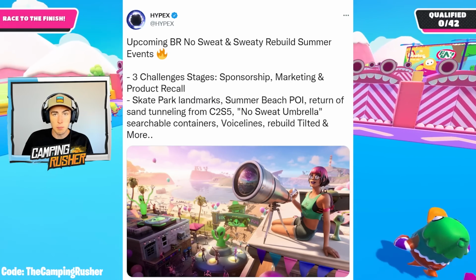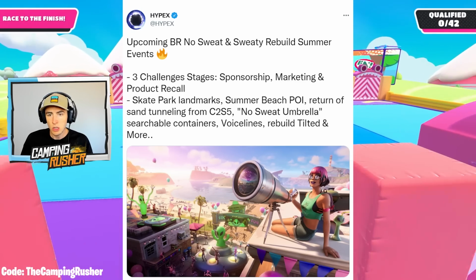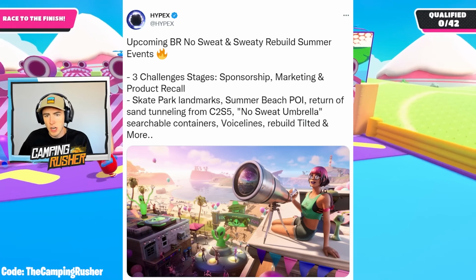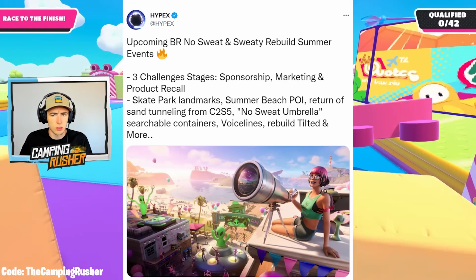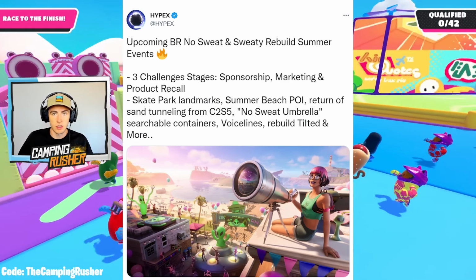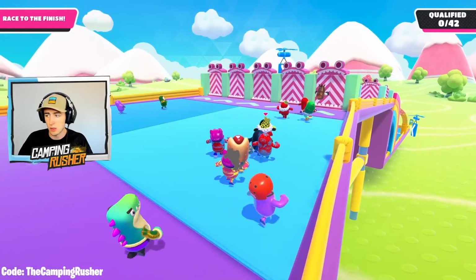There is the skate park landmarks we know are coming. Summer Beach POIs coming. Return of sand tunneling mechanic from Chapter 2, Season 5. A no-sweat umbrella, searchable containers. There'll be voice lines. Rebuild Tilted, right? The fun-to-build feature will be here where we vote on what should come to Tilted as part of the rebuild,